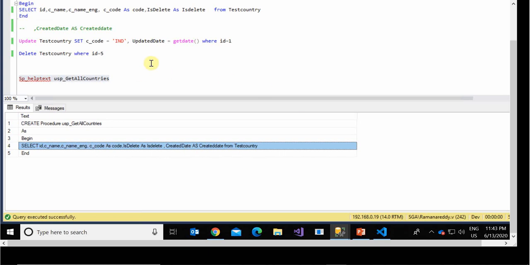Let's say I am passing one more column, like updated date. Is delete is already there. So I am passing updated date, one more new column.